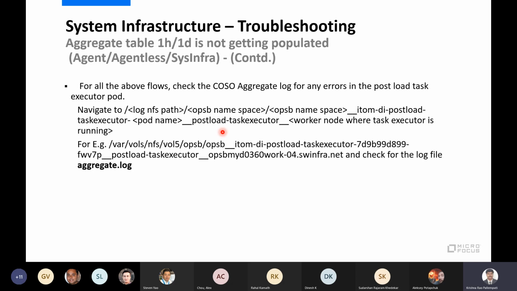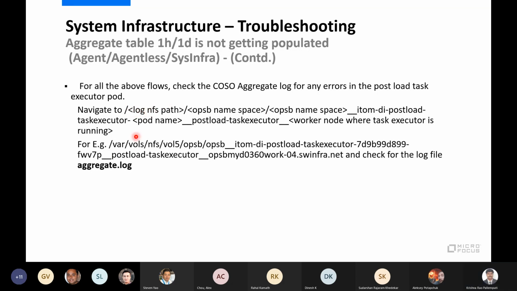And there is a task controller which will take the status of the task, whether it is running or completed, and then assign the next tasks. So these are the internal components, the task controller and task executor, and those take care of the data movement. So for these aggregations, if any errors are there, they will be in our aggregate log.